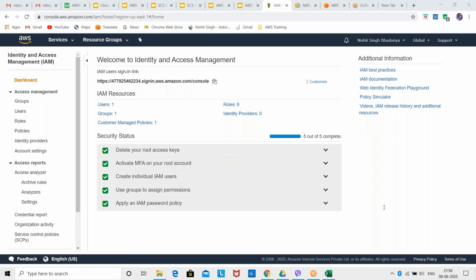If you start a service and then forget about it, you'll get the bill. So why pay a bill for something we have not done anything with? That's why I'm asking you to create an IAM account, so that if you have done any configuration, you can delete your IAM account and create a new account as well.